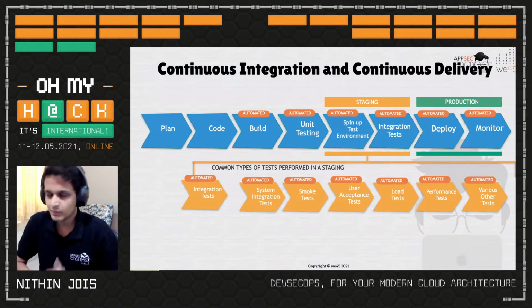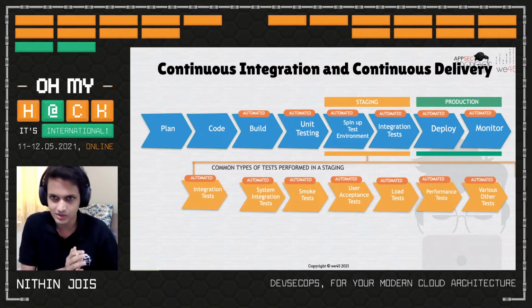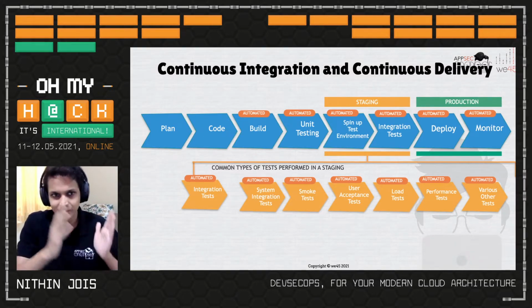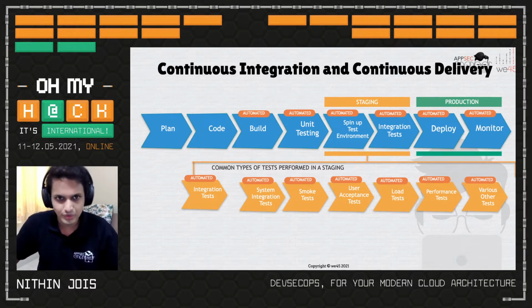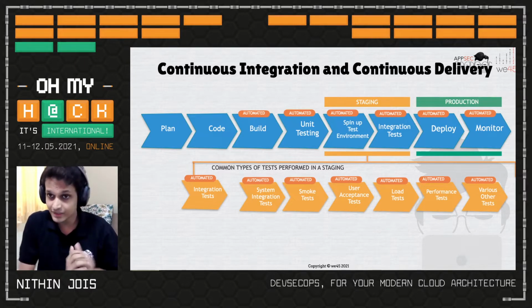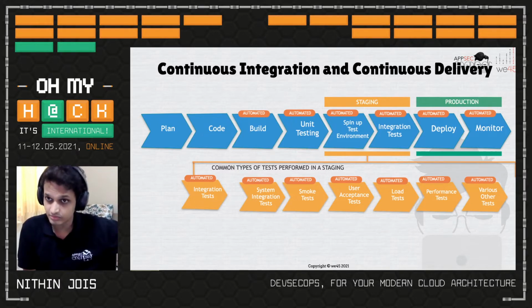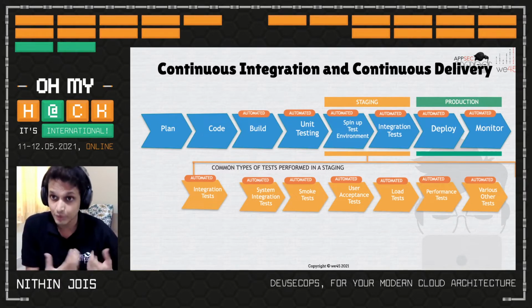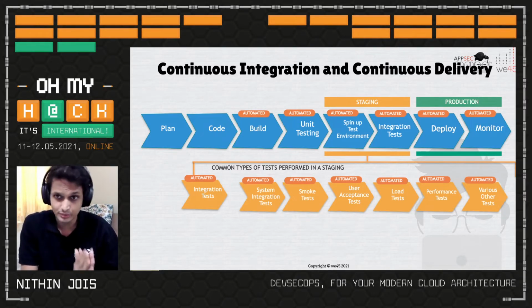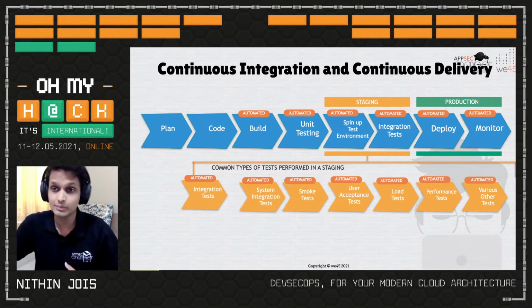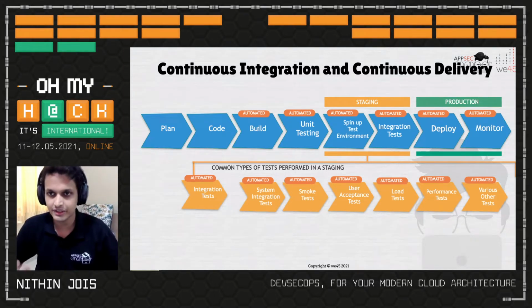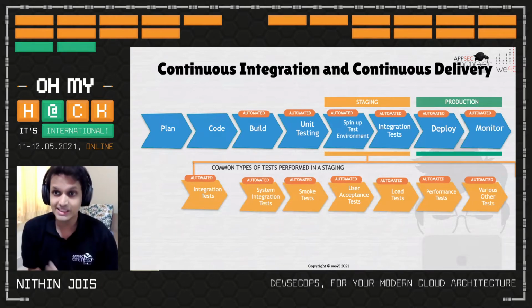So when you think about continuous integration and continuous delivery as a whole, you have the planning phase, the coding phase where you build the code, and then you have a bunch of unit tests that are performed. Then you spin up your staging environment on which you perform a few live tests. And once all of these integration checks have been performed successfully, only then it's deployed to your production environment. And then you start monitoring your application in real time to see what is actually